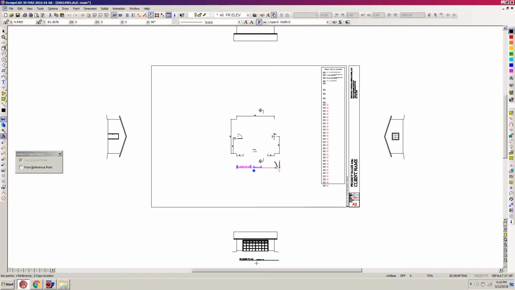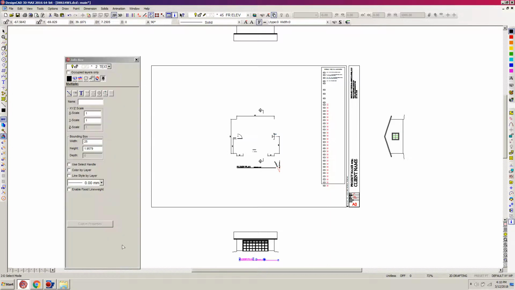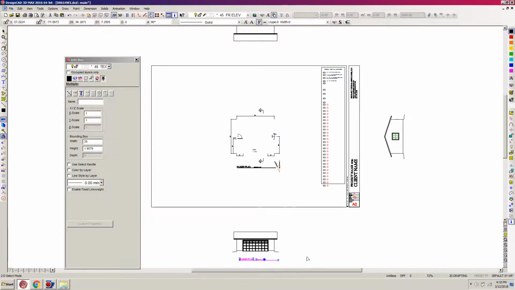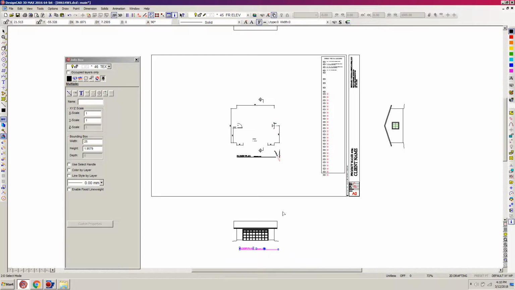I'm just going to put it down here below my front layer, and hit Escape to unselect that previous selection, and select the floor plan title down here, and I'm going to activate the info box. The first thing I'm going to do is change its layer to layer 46, which is the text layer for this front layer here. And actually it's our north elevation. And so I'm going to click on layer 46, and now I'm going to zoom up over here,